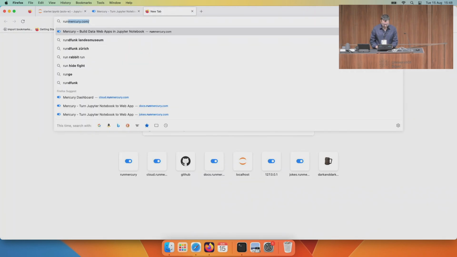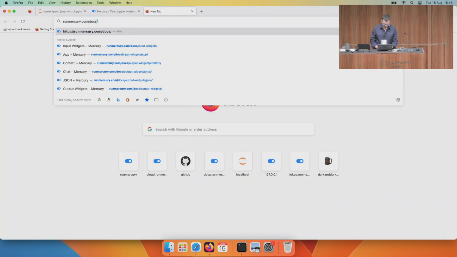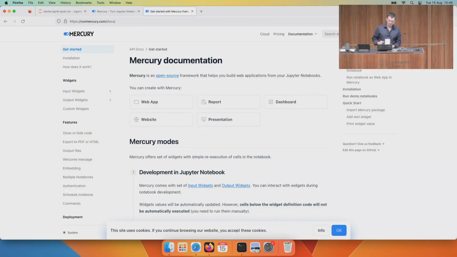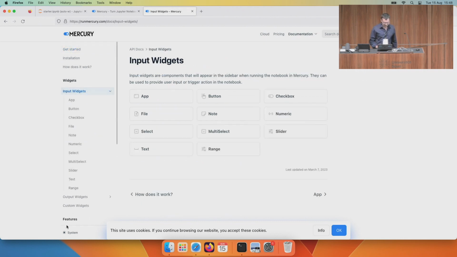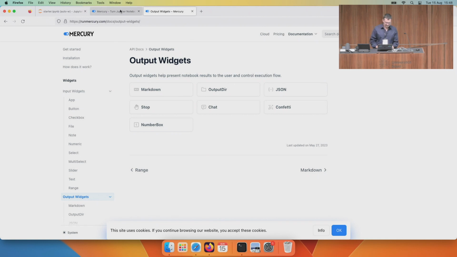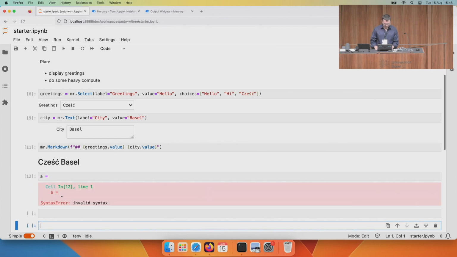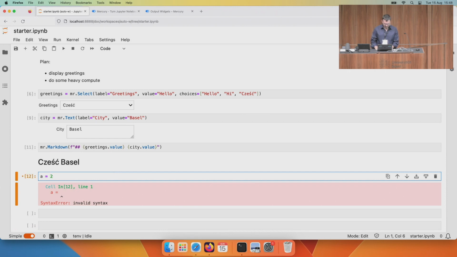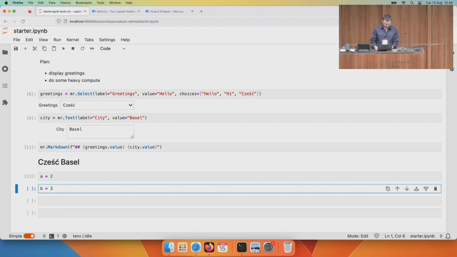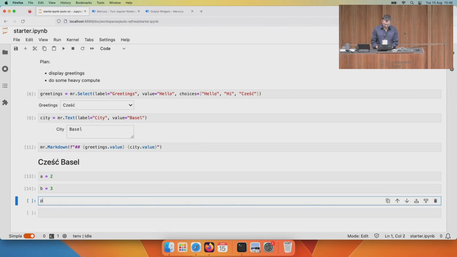if you would like to check what types of widgets we have, there is the runmercury.com website, and /docs, there is a documentation for input widgets and output widgets. I will show you 3 more widgets, let's say. So let's define the 2 variables. The first variable will be A, the second variable will be B, and we will do the heavy computation. We will add them. Okay, so it will be A plus B, and it will be